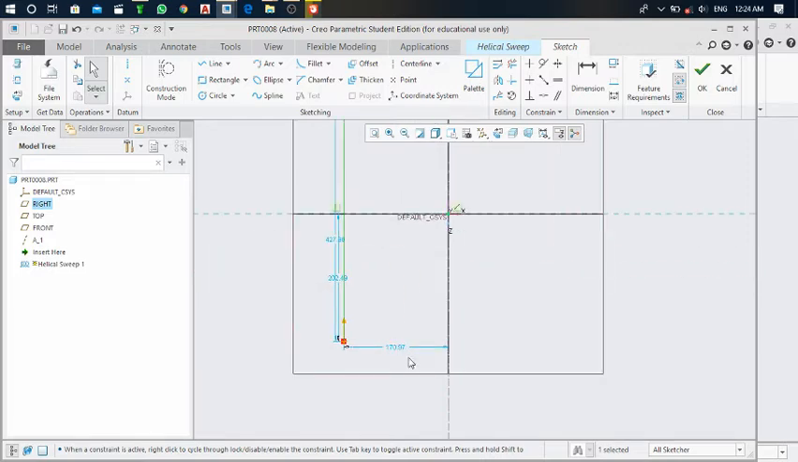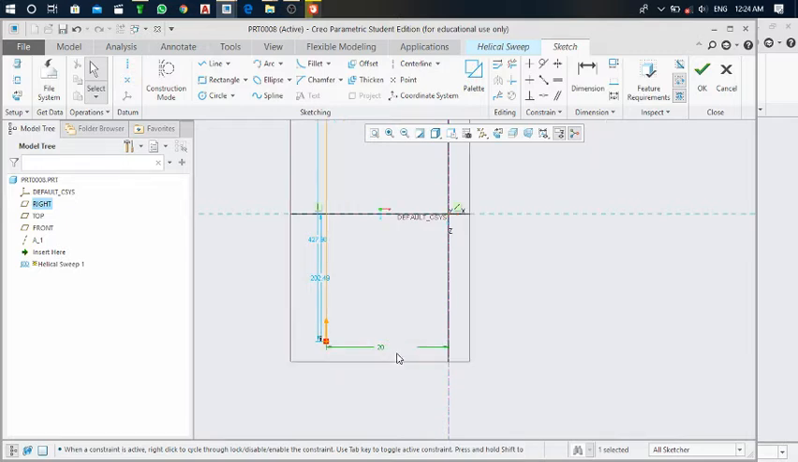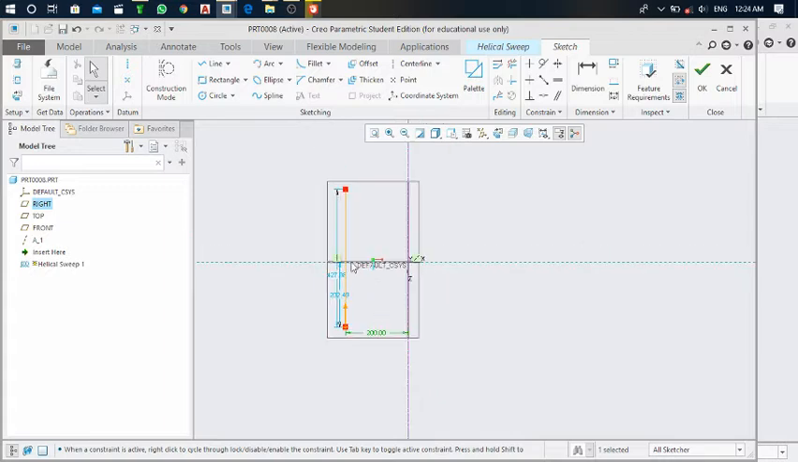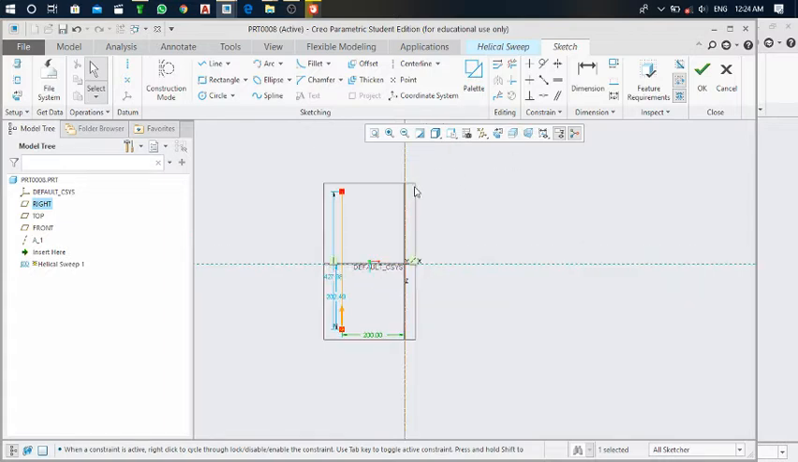If you want to check the dimension, double click on it. Here it is 170. I'm going to make it 200 and press enter. After that, like this, you can change all the dimensions. After that, the process is done. Then click on OK,